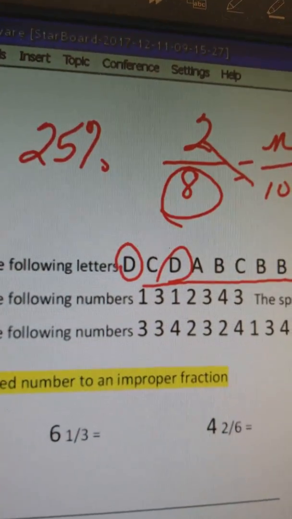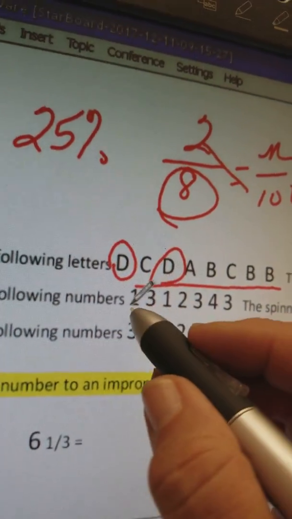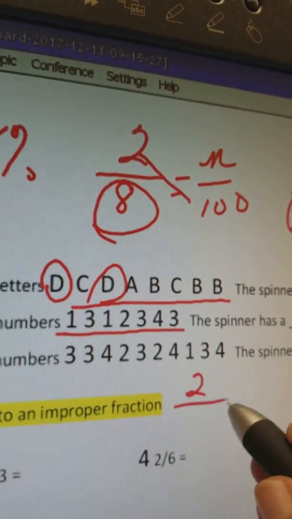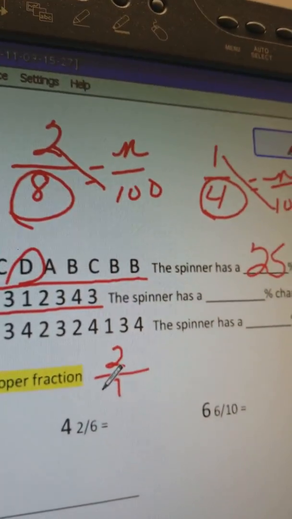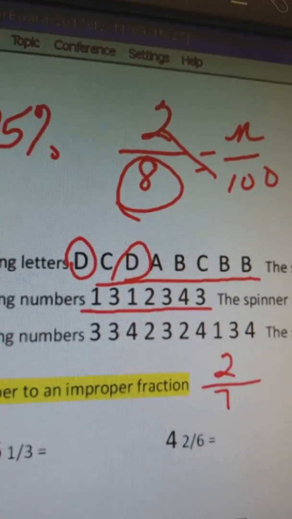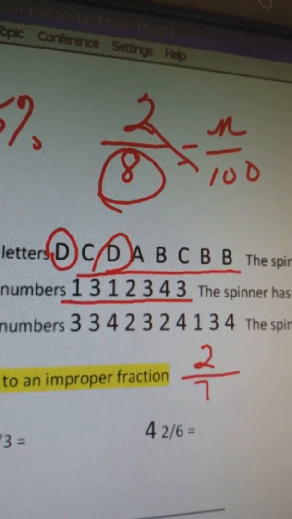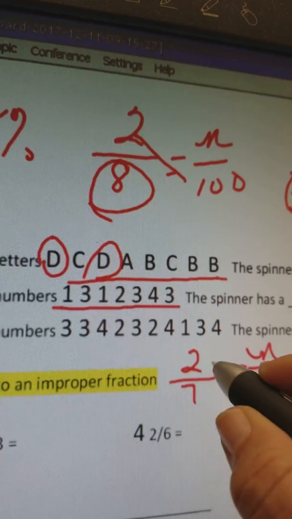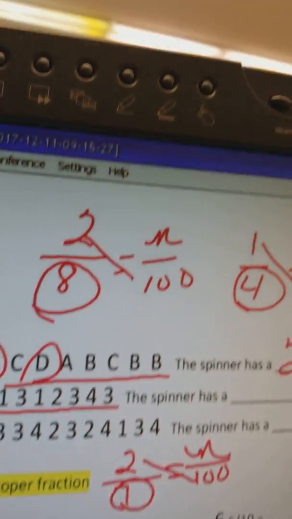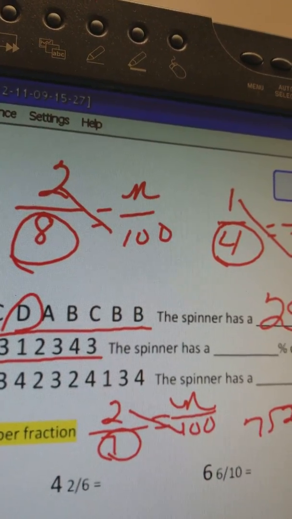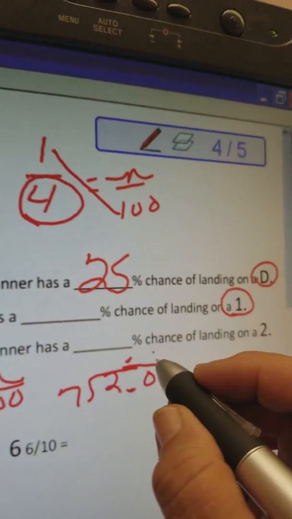The next one we count out, and we have 7 numbers. And of the 7 numbers, 2 out of the 7 are ones. 2/7. That's not an easy fraction to know the percent of, but again, we can always set it up as number over 100, cross multiply, divide, or just take the 2 and divide by 7,